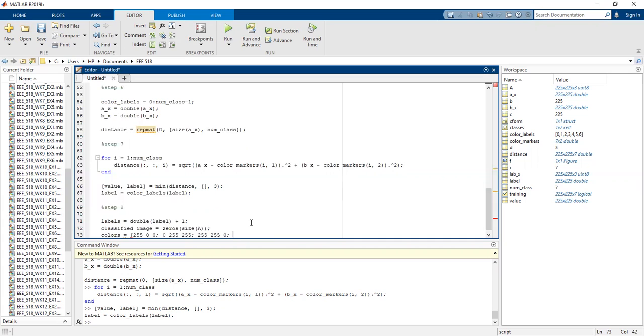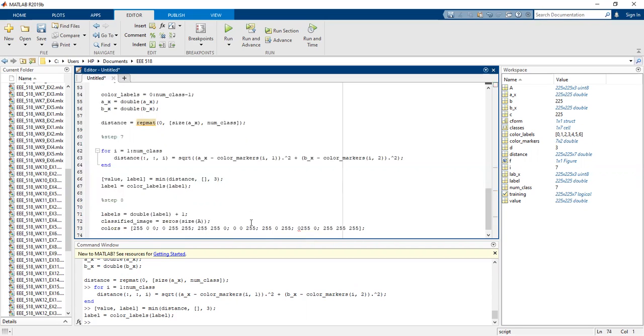Our green, our blue is 0, 0, 255. Our pink is 255, 0, 255. Our green is 0, 255, 0. And our background, which is white, is 255, 255, 255. After initializing this,